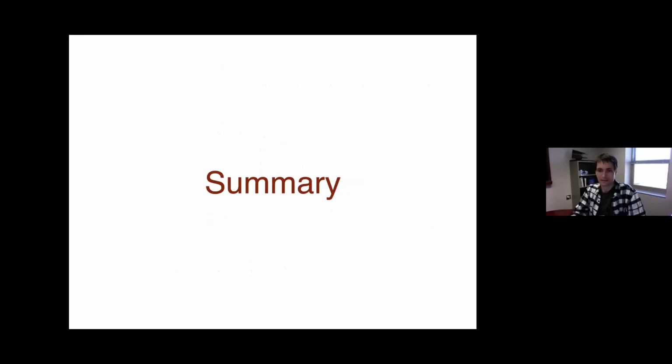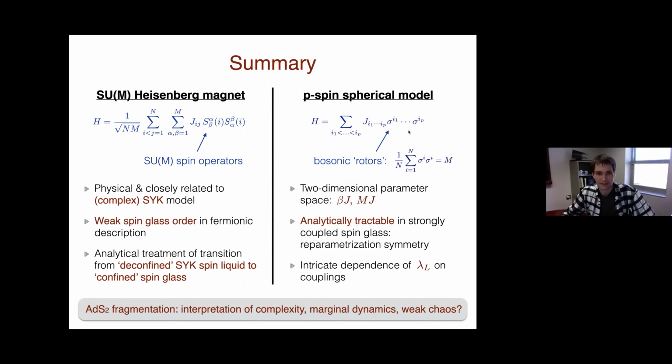All right, so I should wrap up. So here's just again my summary slide. I told you about these two models, mostly about the one at the left, which is in the large M limit, very closely related to the complex SYK model, and which has this interesting feature that spin glass order is weak. So it comes in as a 1/M effect at large M. So we can study this spin glass order perturbatively and therefore analytically, and we can understand a lot of the features analytically. So how this transition happens from this deconfined phase of the U(1) gauge symmetry that we had in this fermionic representation of this SYK-type spin liquid to the confined spin glass that we see at low temperatures,